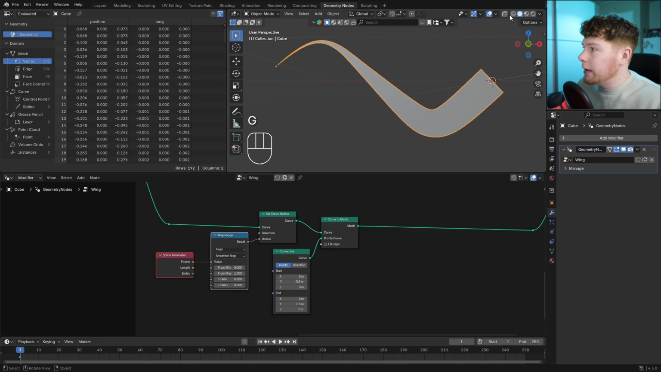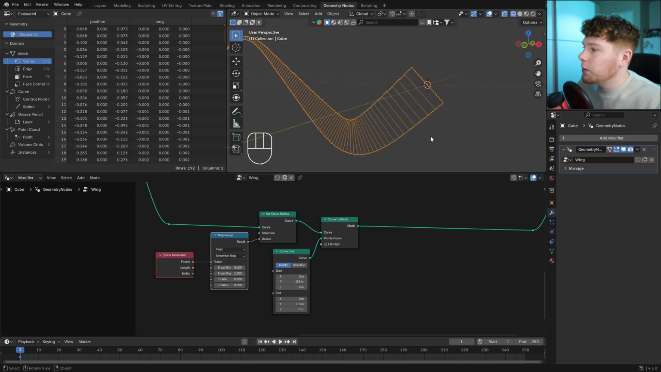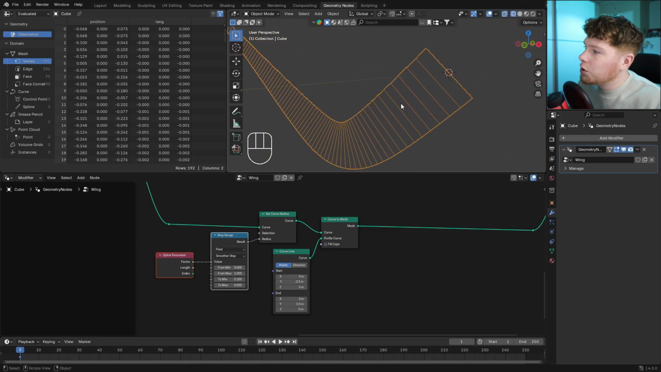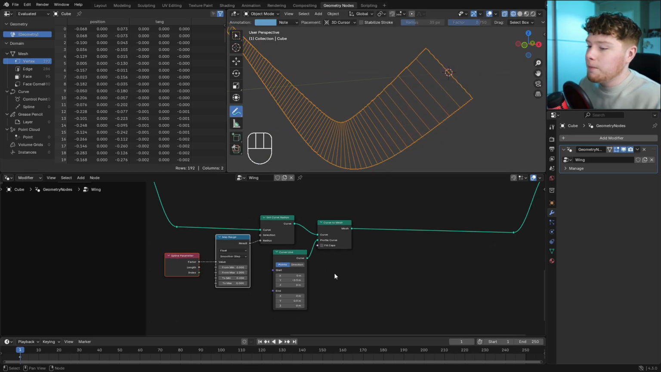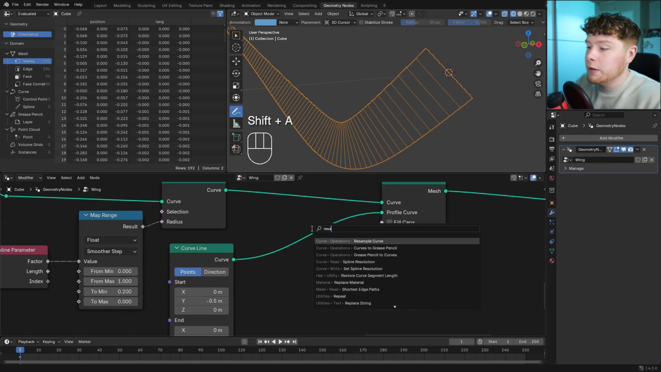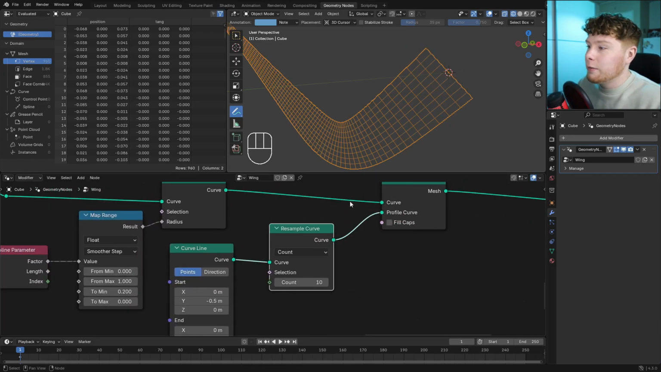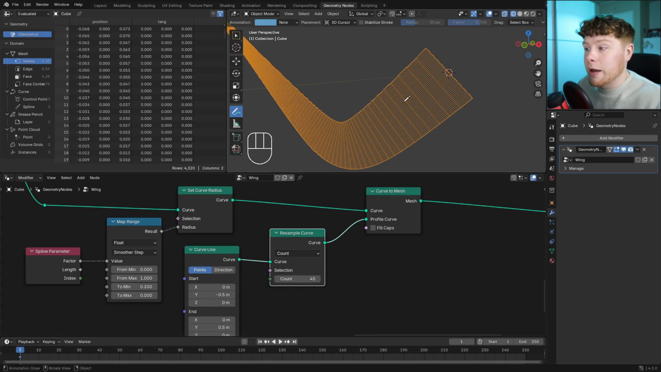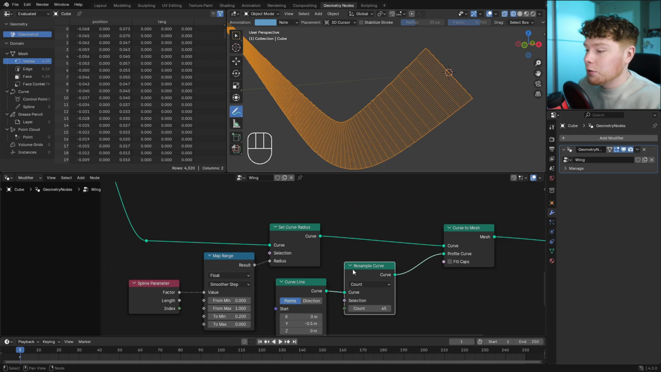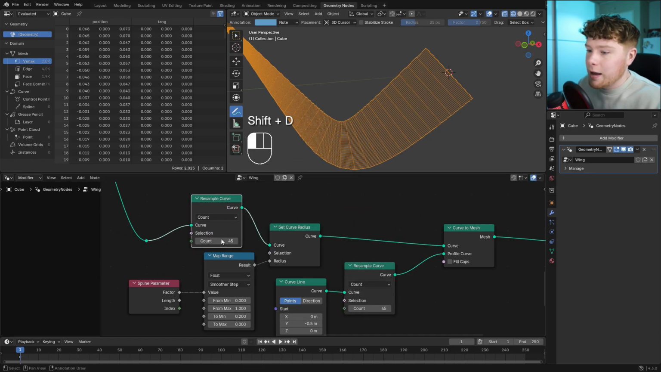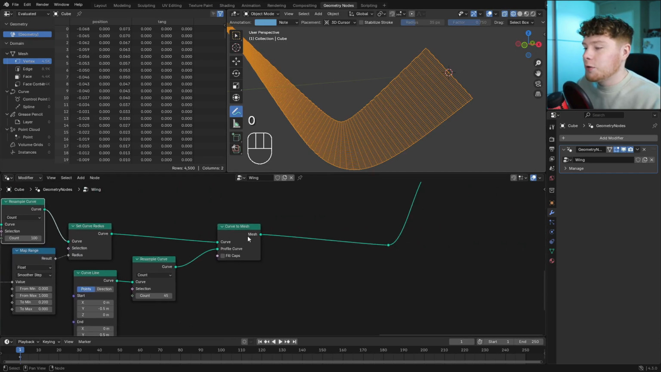However, if we go into wireframe mode, we see that we do not really have that much geometry, right? We also want to have geometry that goes more over here so that we have more points to instance on. So in order to do that, we can just do a resample curve on the curve line over here. And then if we set the count a little bit higher, on like 45 or something like that, then we have a lot of geometry, and we can actually do the same thing on the original curve. So let's do that over here. And let's set this on 100 or something like that, so that we have a lot of geometry